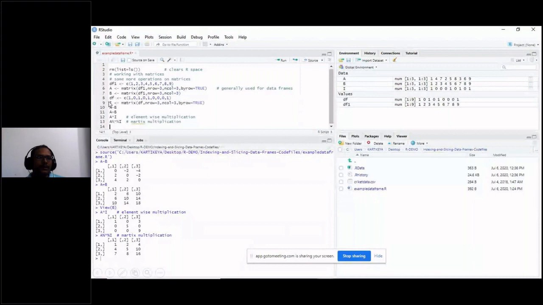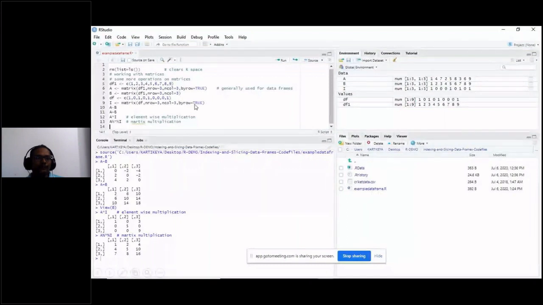Now another vector which I have chosen is the vector C: 101 010 001. I want to create an identity matrix using this particular vector. The command is very simple: matrix, number of rows equal to 3, number of columns equal to 3, by row.